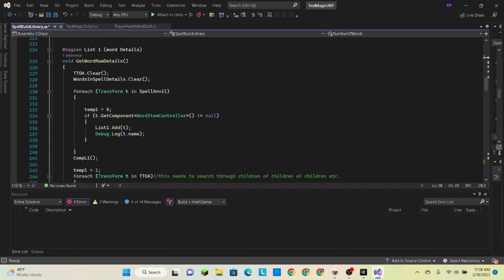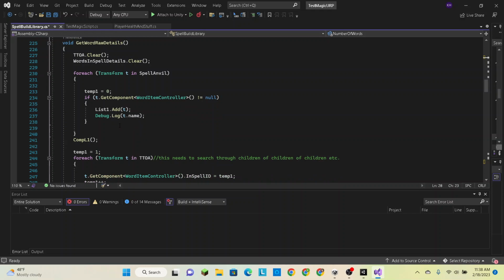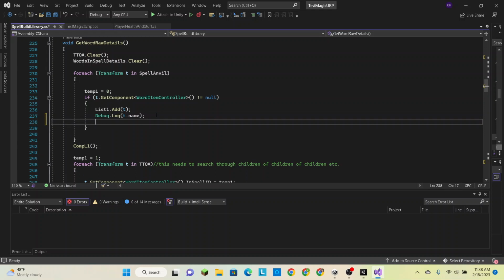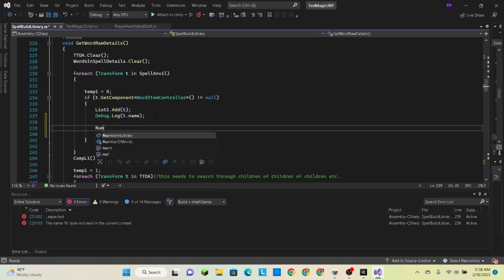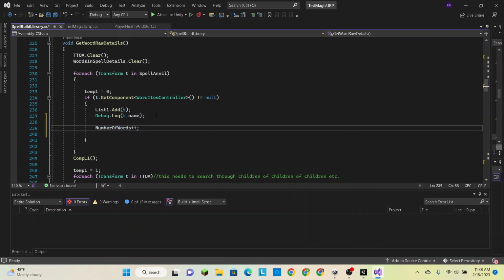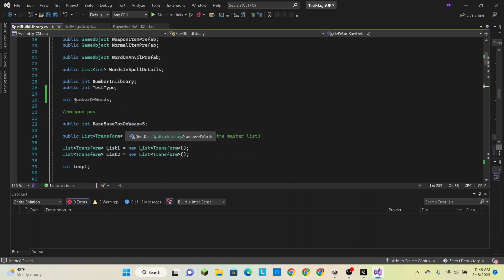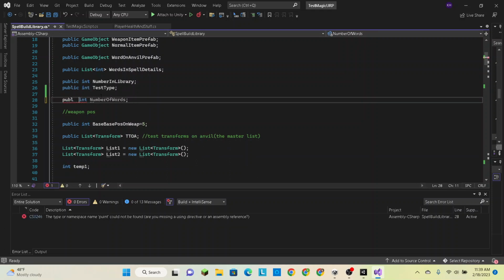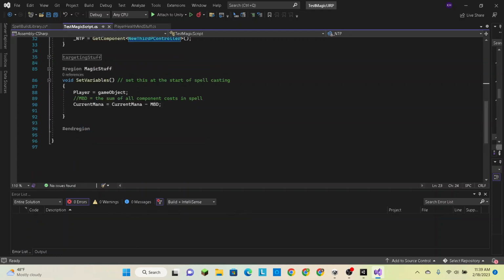And then down here, we simply say, just come down here and say number of words plus plus. Okay, and that'll give us the number of words. And we can make that public. I'm going to make that public so that when we use the spell, which I believe is what this does,